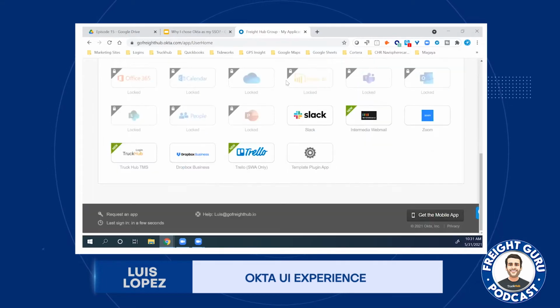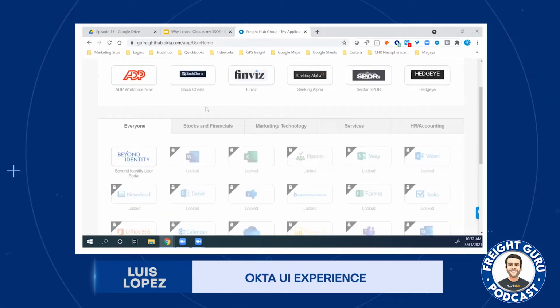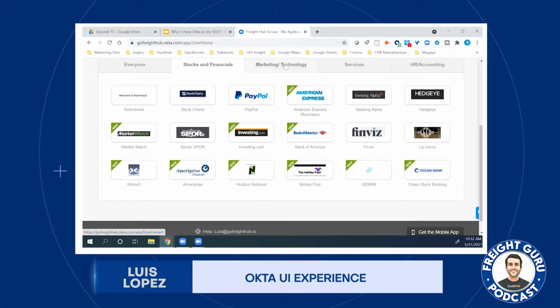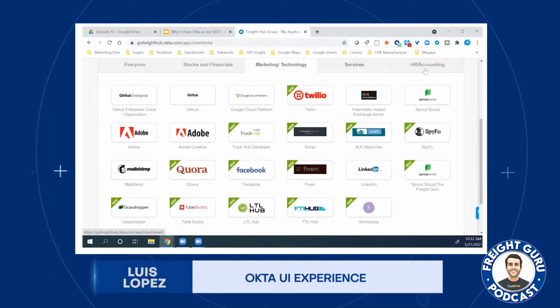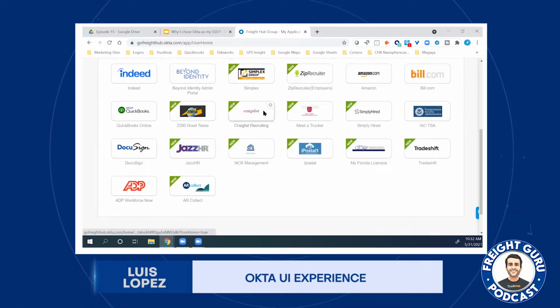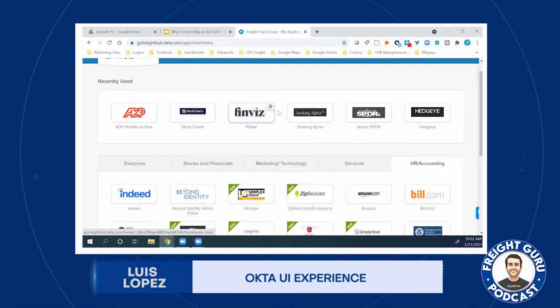As you can see, every website is a widget. Every website application can be clicked and you can automatically sign in. Every user can create their own dashboards. And we're going to be discussing that in greater detail as we view the single sign-on training that we were